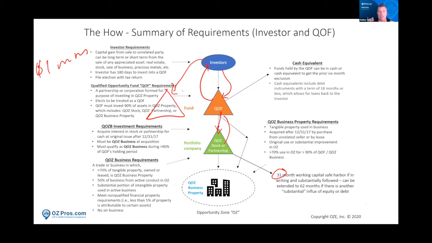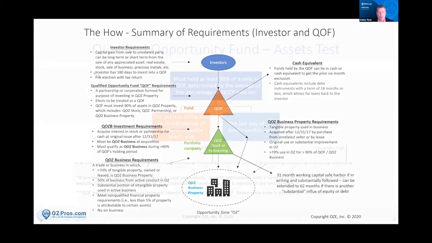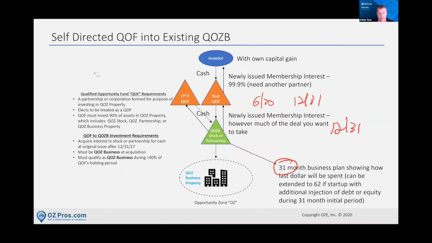Now, if you're doing it as a plan to get more time, that's going to be a problem. But if you legitimately dropped it in and then you're like, listen, this is the deal that I got to go into, people's plans change all the time. And so I don't think that the IRS could fault you for the fact that you decided that you ultimately wanted to get into another fund. So that's how you can structure a captive QOF. Those are the periods of time. This is what it would look like if you're investing into a third-party QOZB.